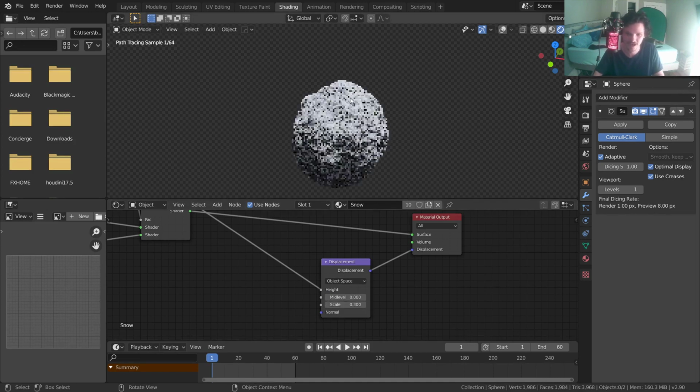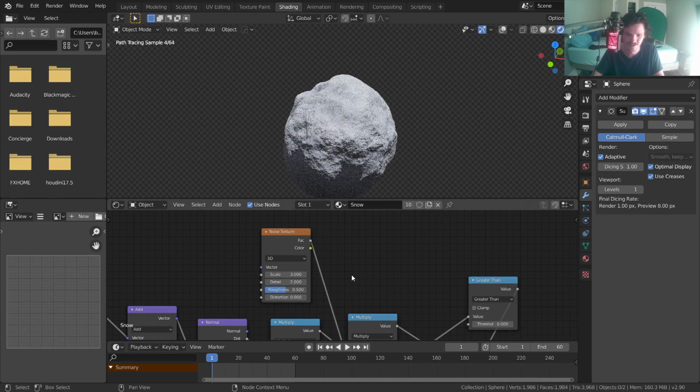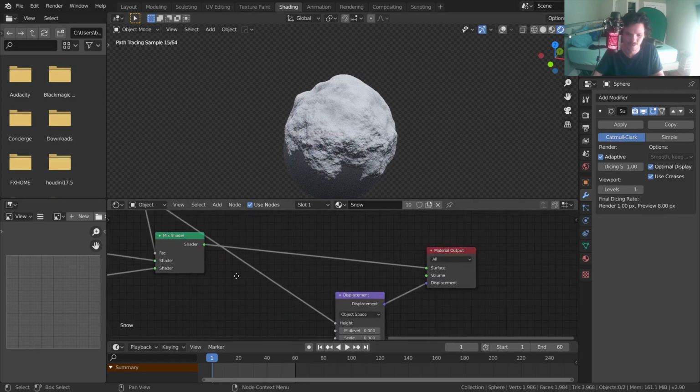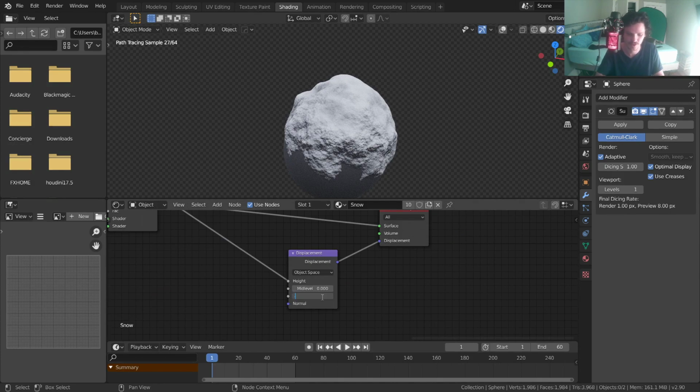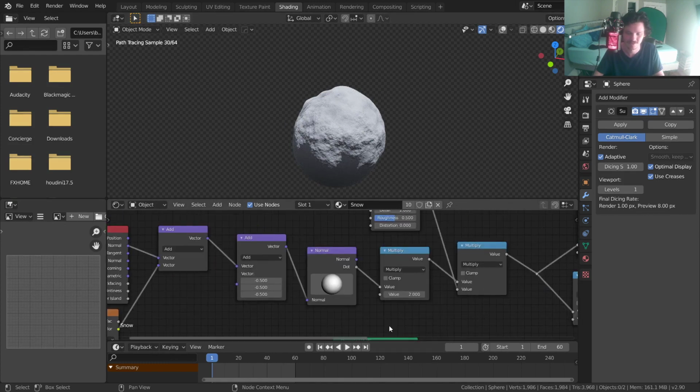So now the snow's really piling up, but it kind of looks like rock again, so maybe take your detail down so it looks more gooey, more smooth. So let's go with like a 0.2. Doesn't look great, but whatever, you get the idea. So now we have a basic node setup. That's true, but I meant to say snow setup,